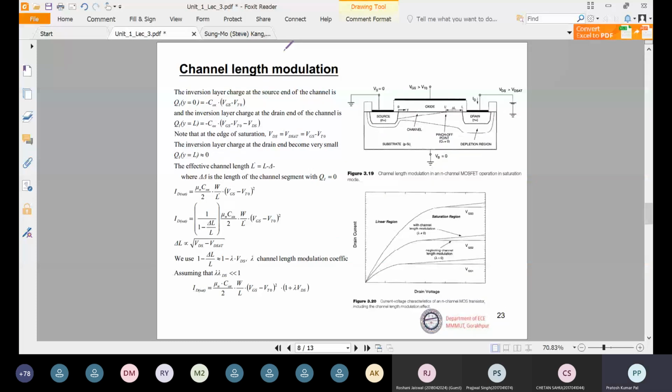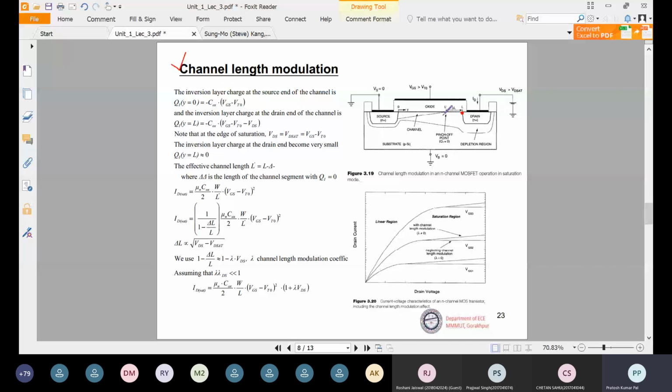Okay, so this is channel length modulation. Based on the drain current we have found, we will analyze the channel length modulation. In saturation, after reaching the pinch off point, once we increase VDS beyond the pinch off point, that is beyond VDsat, the voltage where pinch off occurs, then after pinch off, if we are increasing VDS beyond VDsat,